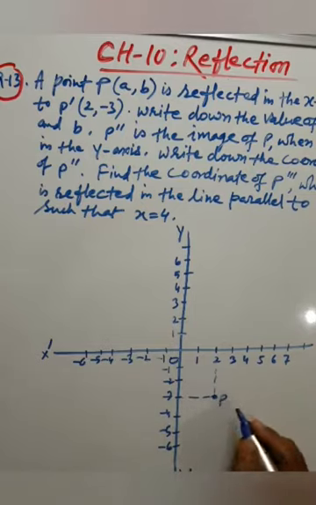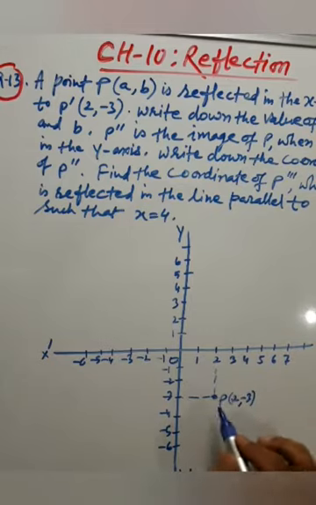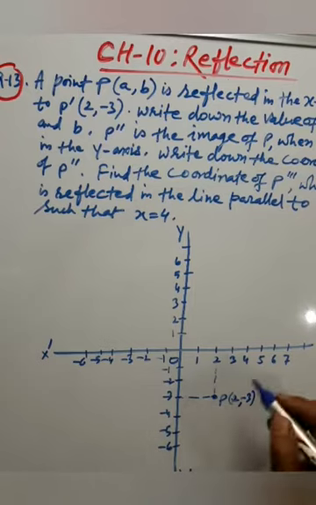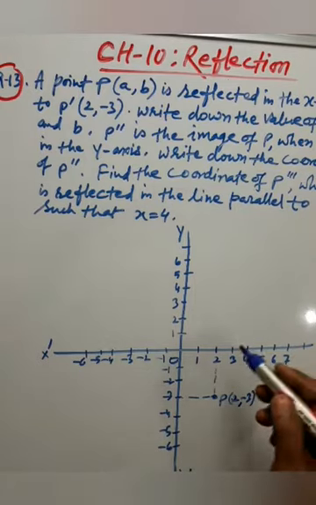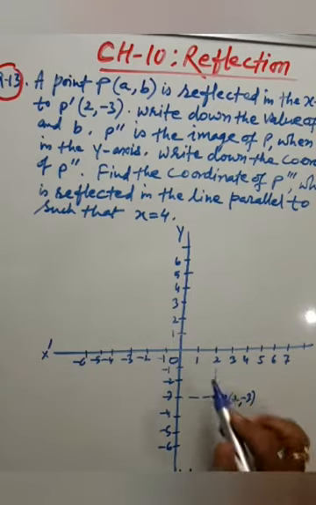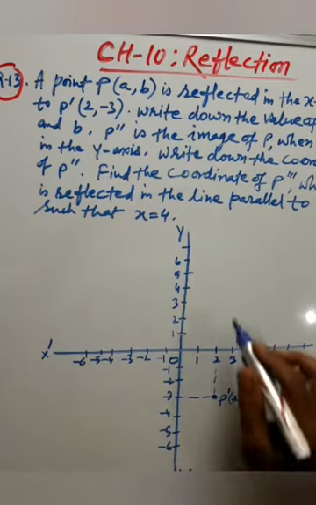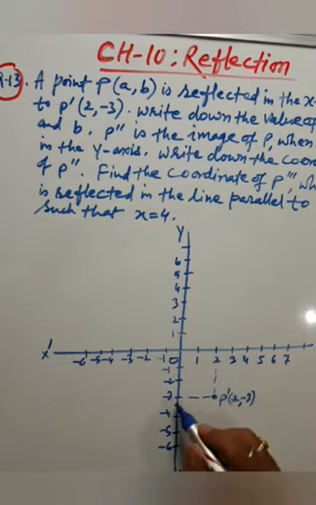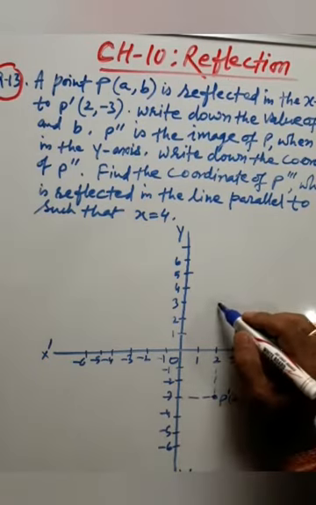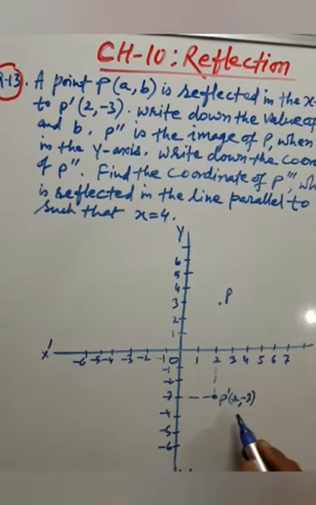Here the coordinate is given, 2 and minus 3. Okay, now see, if P dash is the image of a point P which is reflected from the x-axis, so you just go behind the x-axis. So P dash is reflected from x-axis. If you go back, then it is above, at 3 and 2. Just you will get here. So this will be the P which was reflected in x-axis, so that the image is 2 and minus 3.